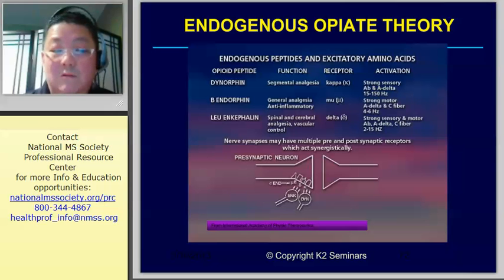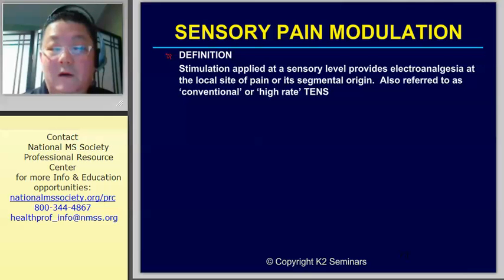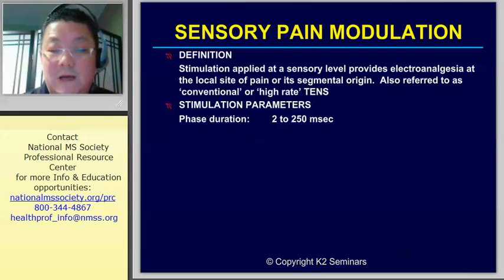supposition of why there's pain relief is the endogenous opiate theory. At certain frequencies, 100 pulses per second, your brain actually produces something called dynorphin, filling the kappa receptor for an X amount of time. So by default, if I use 100 pulses per second for pain management, my onset of pain relief is usually within 5 to 10 minutes, but my duration of pain relief only lasts 30 minutes to 2 hours. If I was using motor analgesia at 2 pulses per second, it fills the mu receptor with what